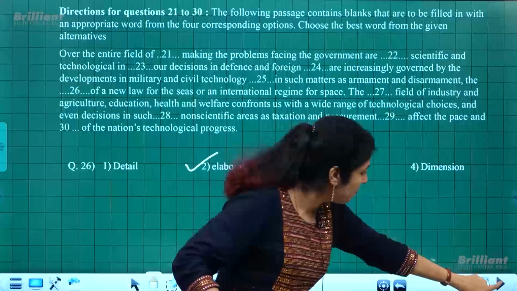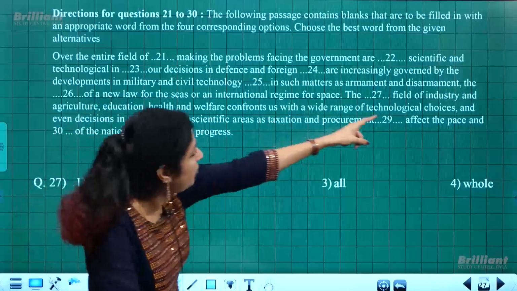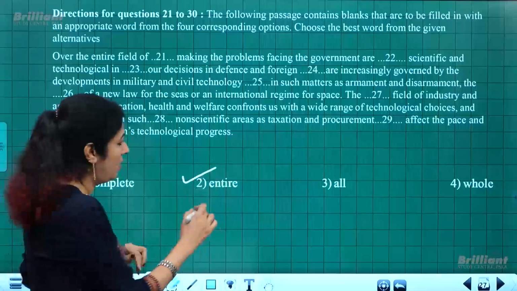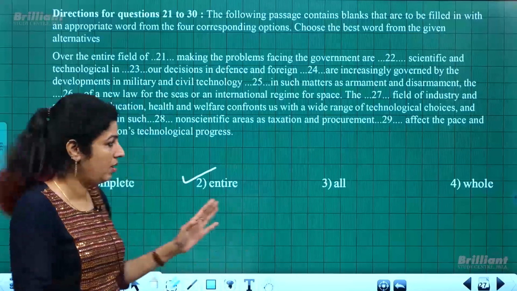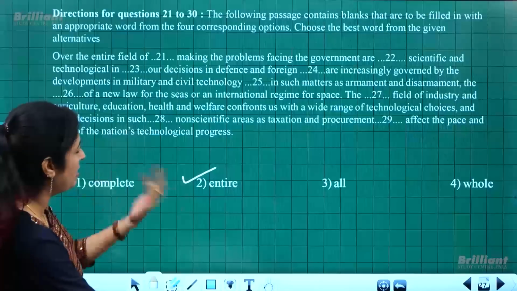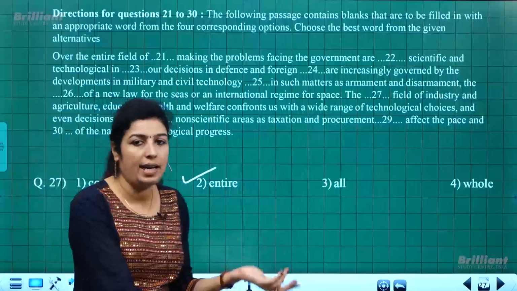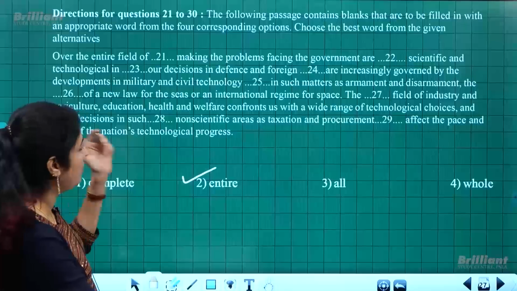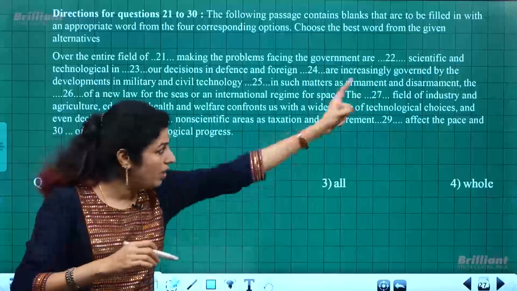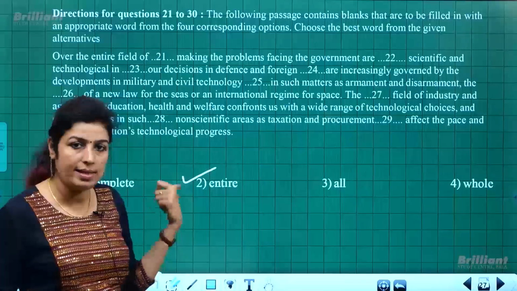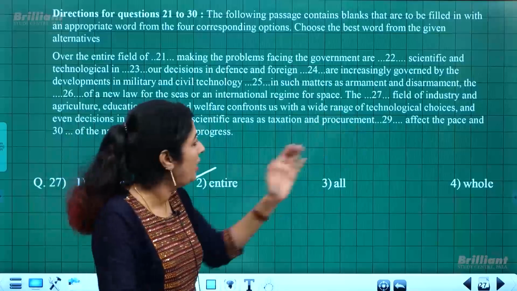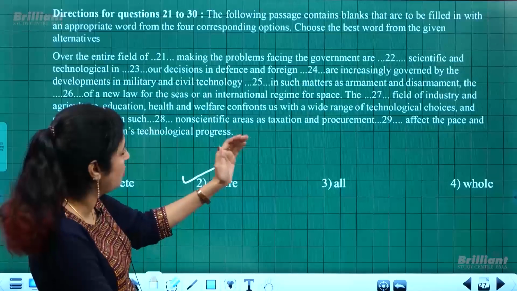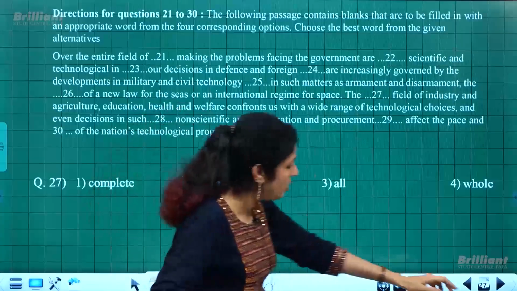The entire field of industry and agriculture. Okay, not the whole field. We use that term, with field, entire is the appropriate one. Not the complete field, but when we speak about things as a whole, with the word field, it is better to use entire. The entire field of industry and agriculture, education, health and welfare confronts a wide range of technological